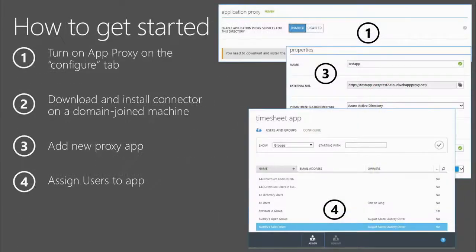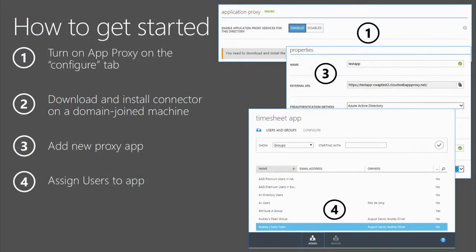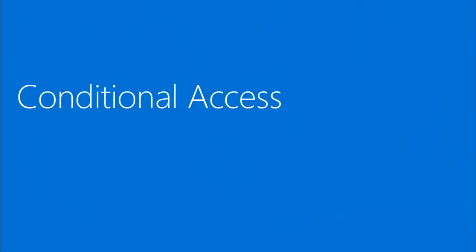How to get started? So how to do it in 5 minutes? First of all, you turn on the application proxy under the Azure Active Directory Configure tab. You go and add an application. You install the agent on one or more computers on premises. The agent doesn't need to be installed on the computer that's running that application, just on a computer that can access that application. You grab the URL for the application, set it, add a proxy application in Azure AD, set up that URL, and assign it to users. And you're done. Under 5 minutes, you've now published an application out securely and assigned it securely to individuals, and if you want, protected it with conditional access.